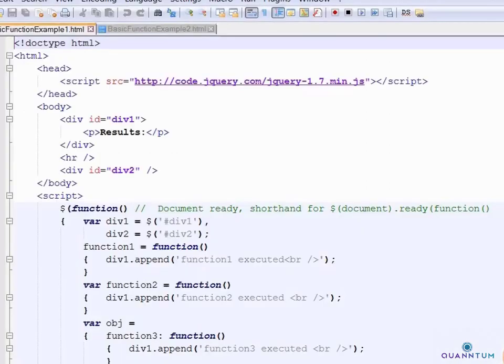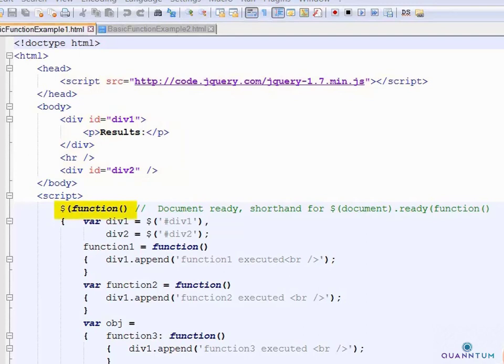Since I mentioned function scope, here's a page that defines 4 functions just as my previous slide listed. I skipped the first pattern because I don't wish to give it any more attention than to say, don't define your functions that way. This page contains the bare minimum needed to demonstrate a few functions. I include jQuery, define a couple of divs, and jump right into the script tag. All my functions are wrapped up in the document ready function that is called by